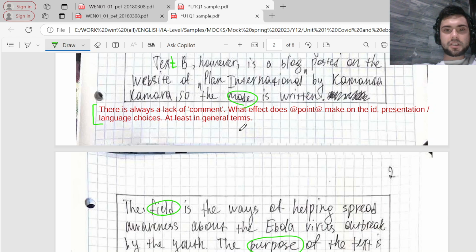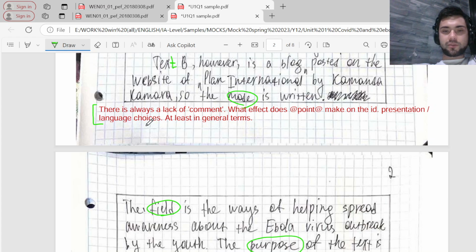about the point quote comment structure, which means that it is better to suggest what effect it has, and you take the point, or you take what you see in relation to the contextual factor and related to the construction of the identity, or related to the specific language choices, and you evaluate the effect of them, at least in very general terms, such as